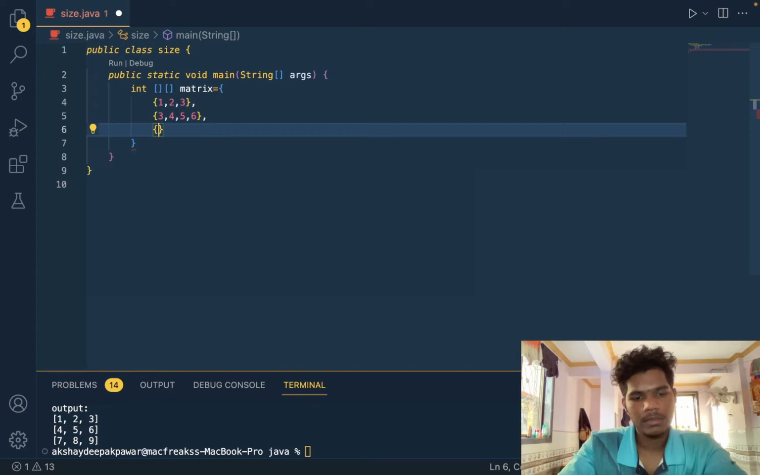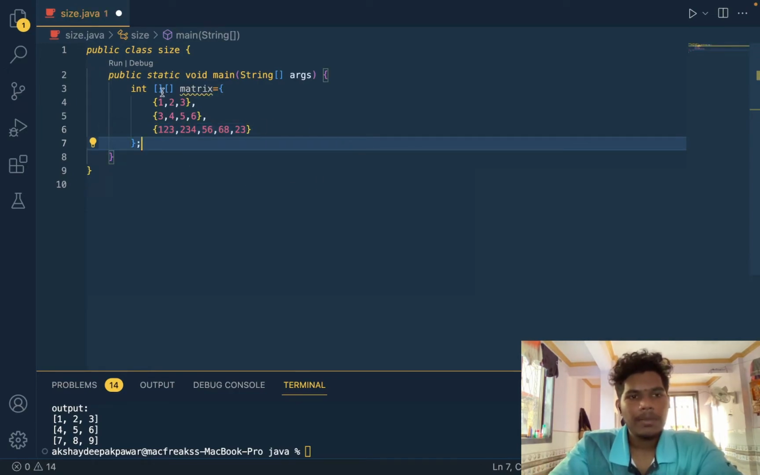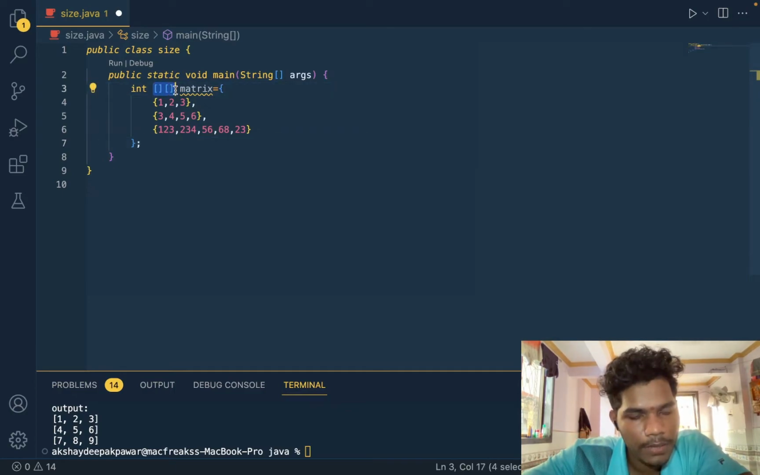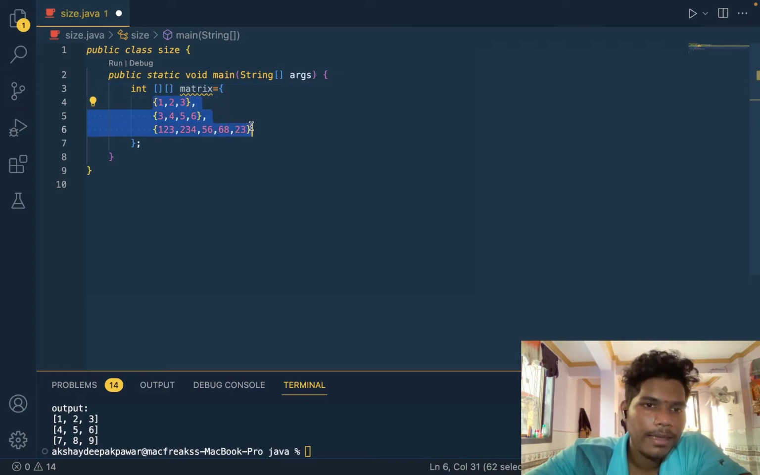Like this. Okay. So this thing is like this. So what is happening here is that no size is given in this. There is no row number and no column number. So I can add